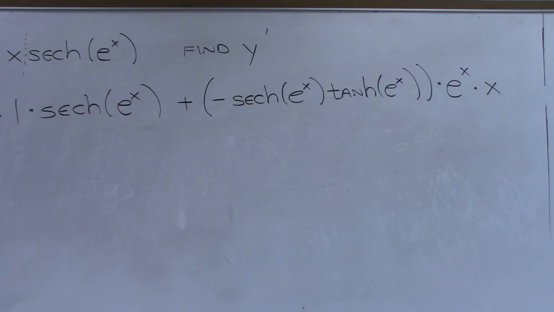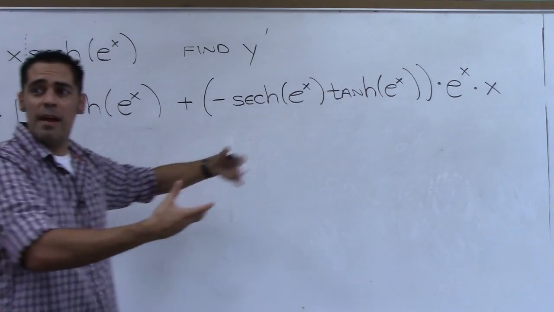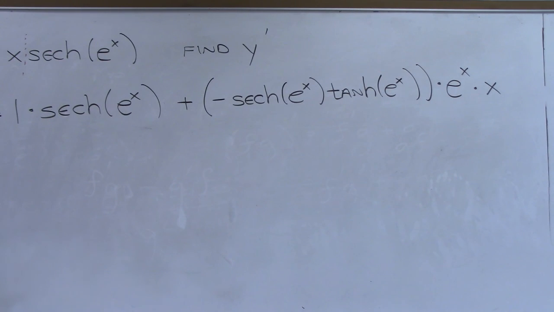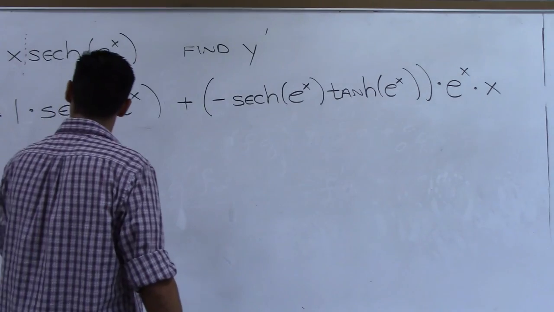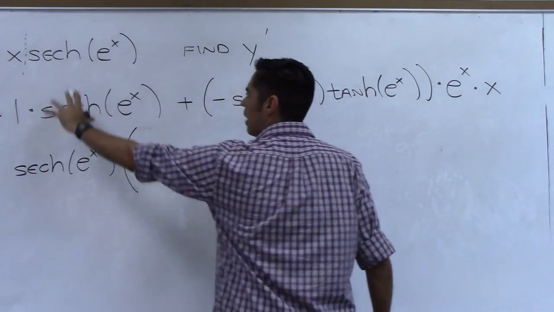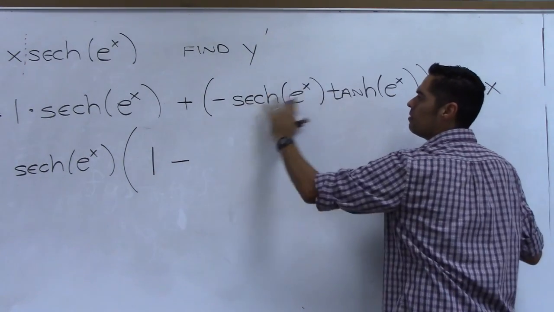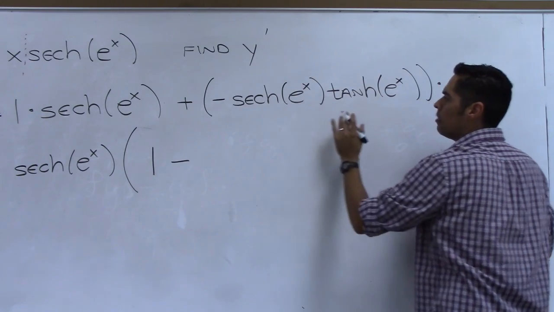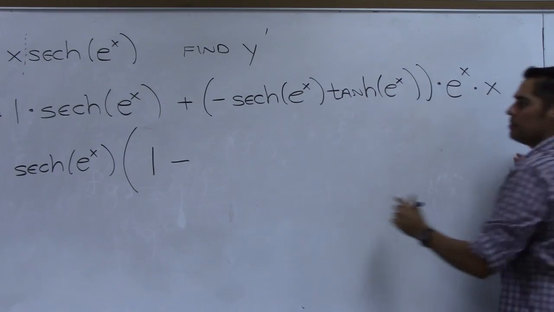Now what? I mean, there's not a whole lot you can do with this, right? I noticed they both have a secant hyperbolic of e to the x. I could factor that out if I wanted to. But there's not a whole lot more simplification that I could do. So I could do this, factor that out. Factoring out this term, I get a 1, and then I have a minus. I'm pulling this out. So all I'm left with is the tangent hyperbolic e to the x, and then the e to the x, and then the x. So I'm just going to put here x